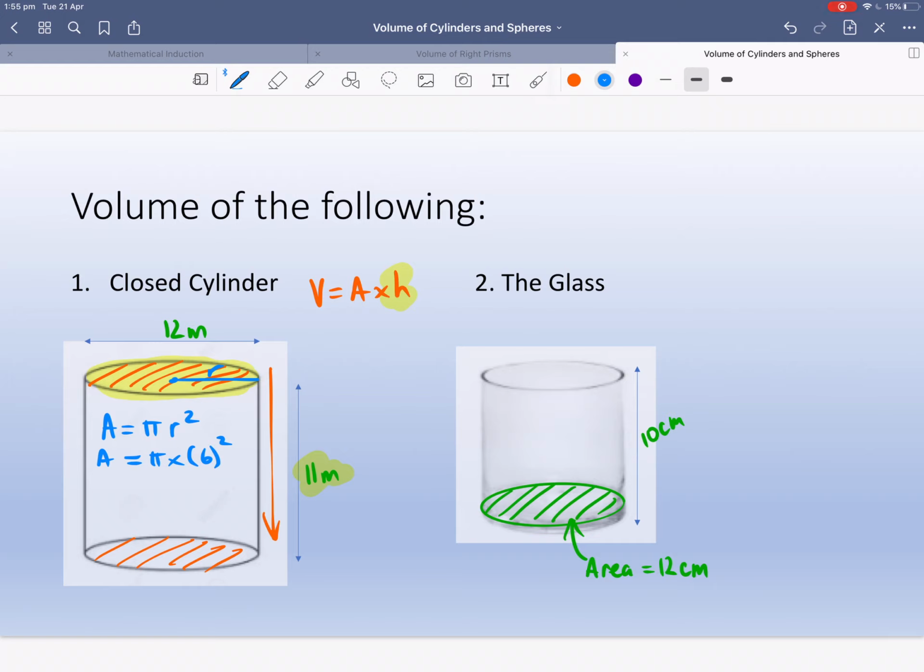I'm going to leave it like that because I don't want to resolve this until I've got the final answer of my volume. So V equals, what's my area? Well, this is it there: pi times 6 squared. And our height, as we found out earlier, is 11. Now I'm just going to pop it in. So pi times 6 squared times 11, and I get